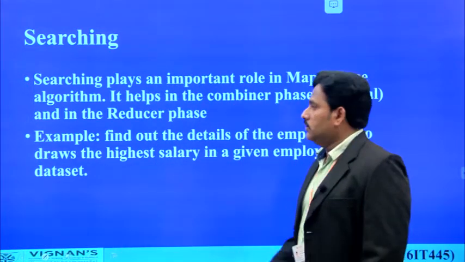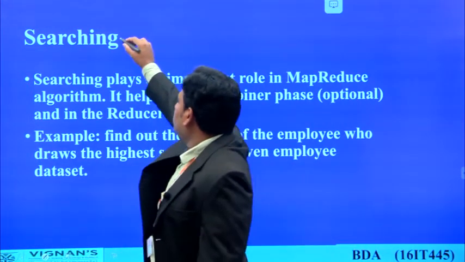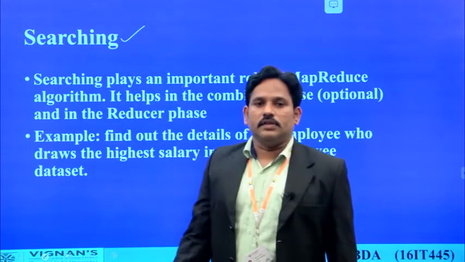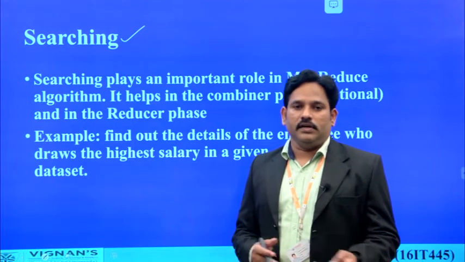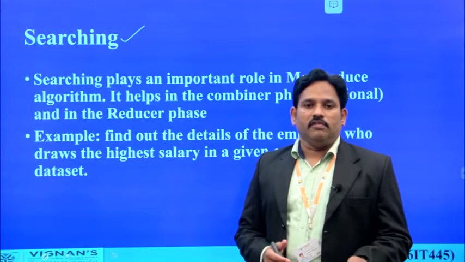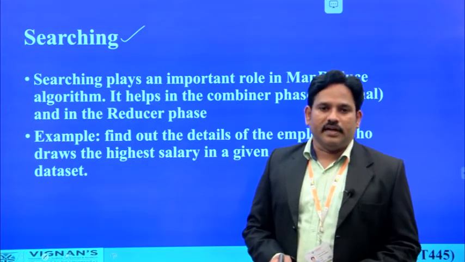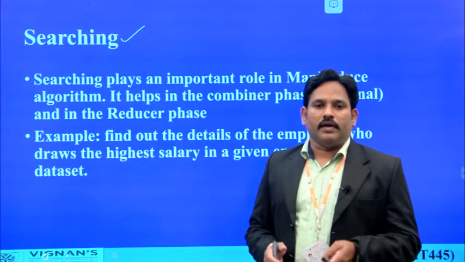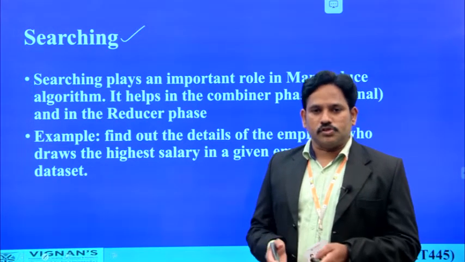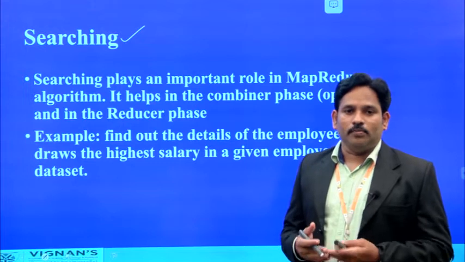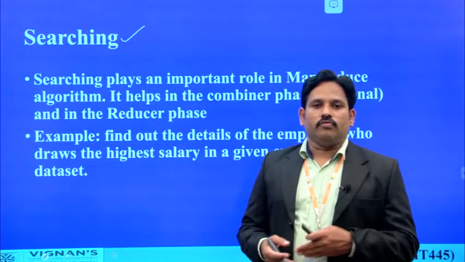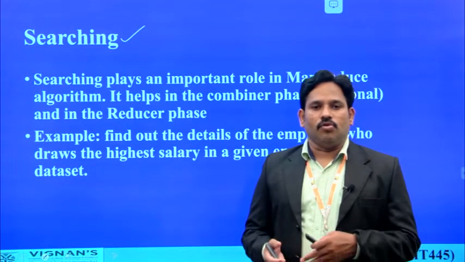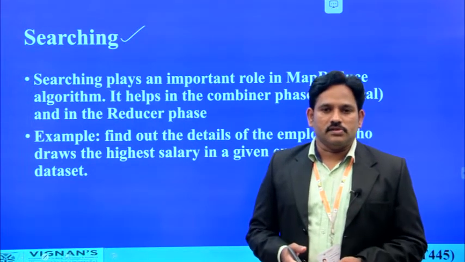Now we will see how, after completion of that partitioning, the searching is going to be completed. We divided the data into smaller chunks and we assigned a pair of key value to each and every data chunk, and we are trying to combine or merge them. Now, when we are trying to merge data of the same key value, we have to find out where the key value data is located and in which node the data is located.